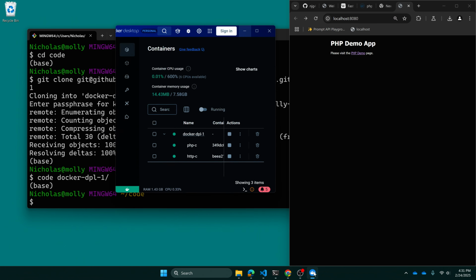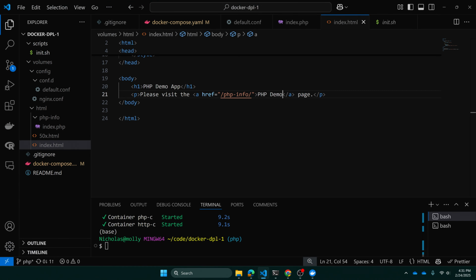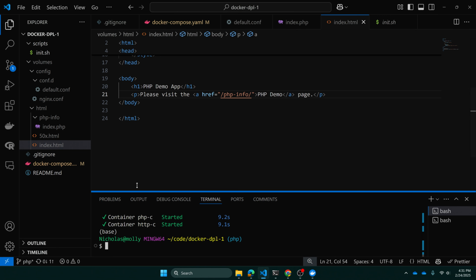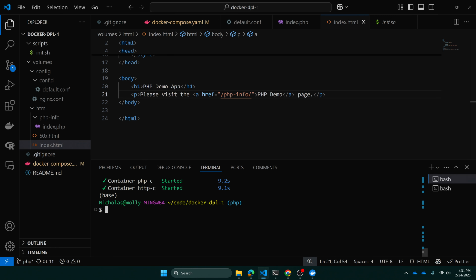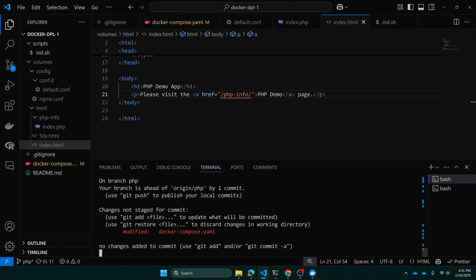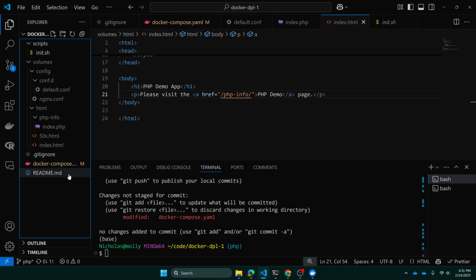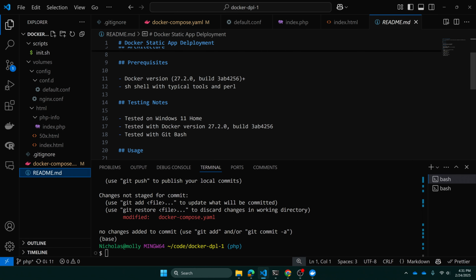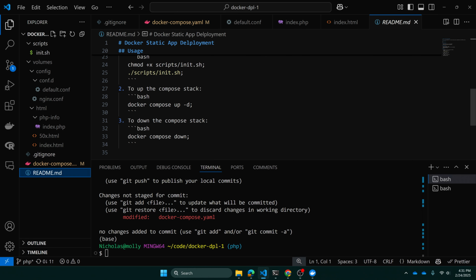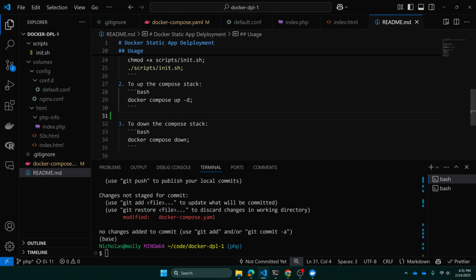Now is a good time to, even though we're not completely done, we can commit, at least we have the nuts and bolts together. We just don't have the formatting or the setup correct yet. So say git status, and I'm just going to add to the README, usage. We'll add another step here